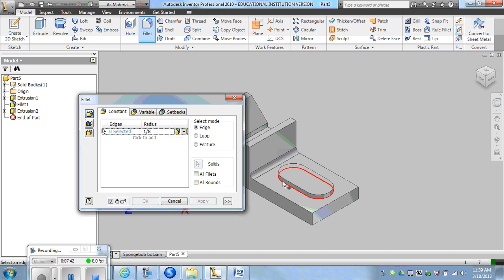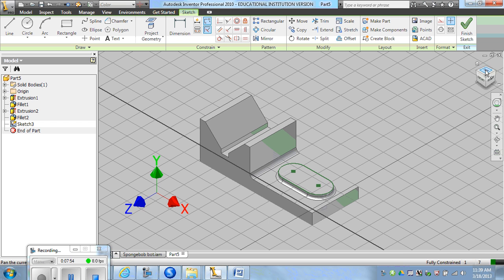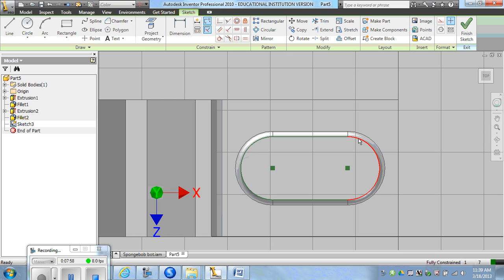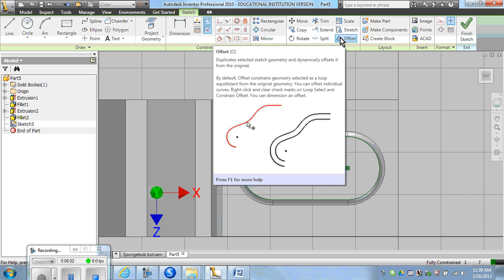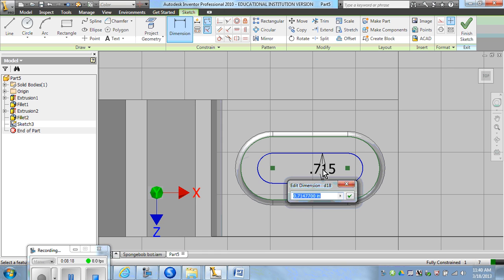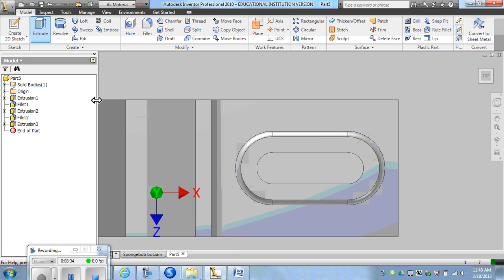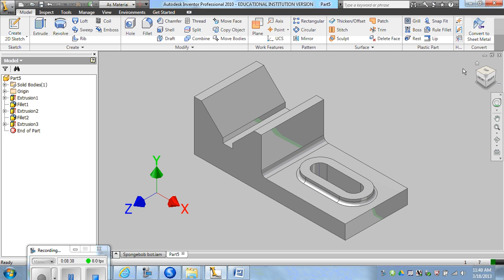Then we'll put a fillet around the outside edge with a 1/8 radius. Lastly, we're going to put a sketch on the top surface to be able to create the notch that cuts through the shape. To create that shape, I'm going to use the offset command, which allows me to click on an enclosed line and drag it into any specified size. And this is 3/4 of an inch. Extrude that shape, cut,